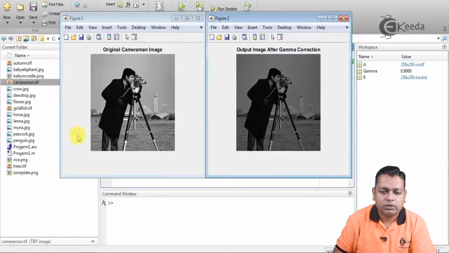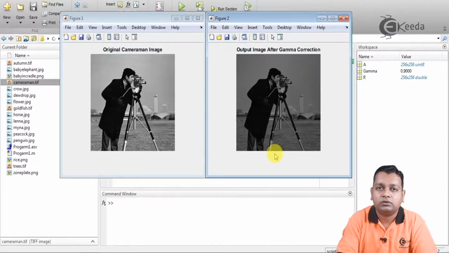This is the original cameraman.tif image, and the visualization is the same as before. Now this is the output of gamma correction or power law transformation with gamma value 0.9. You find that as the gamma value has been reduced to less than 1, we obtain a darker image, whereas if the gamma value is greater than 1, we obtain a brighter image.